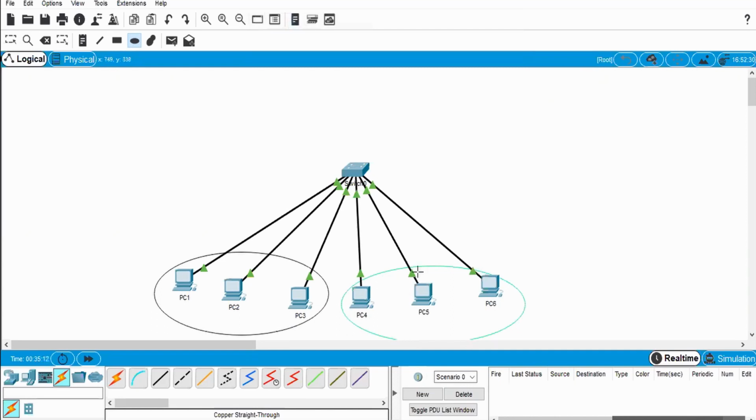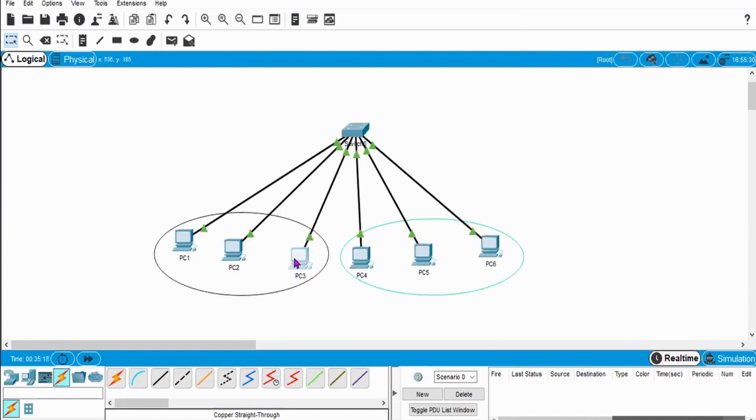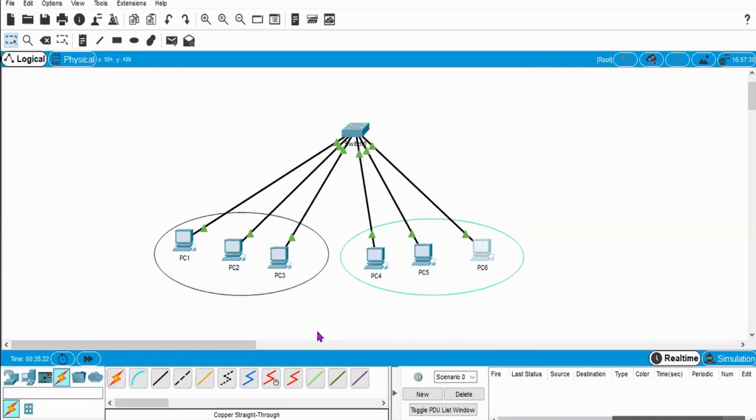So if I want to assign in this way, these three PCs and these three PCs will be entirely different from each other, and they belong to one marketing department. So I will write here that this is the marketing department, and this second one is my sales department.